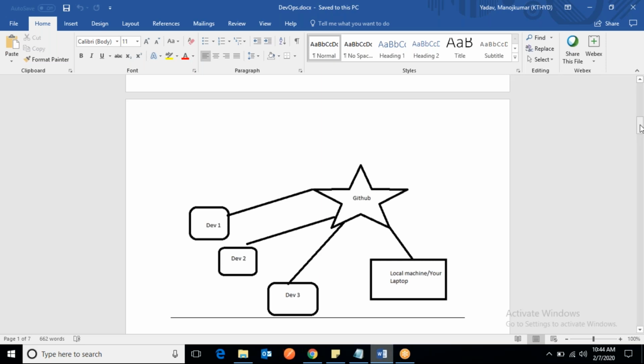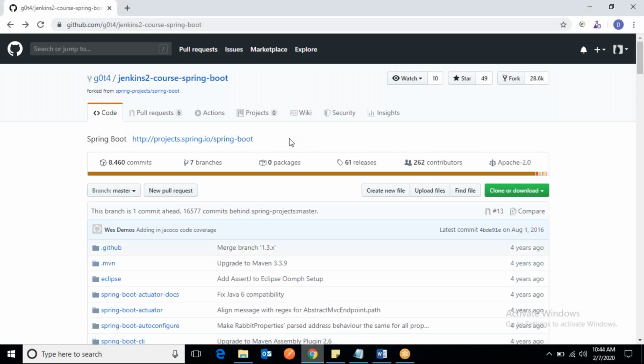What is the command for pull request? You can create a pull request from TortoiseGit, but it is better to go to GitHub and create a pull request there. If I want the command line, there is no GitHub command for it. You need to use Git. So that's why I'm saying you need to go to GitHub. I'll show you. There you create a pull request.